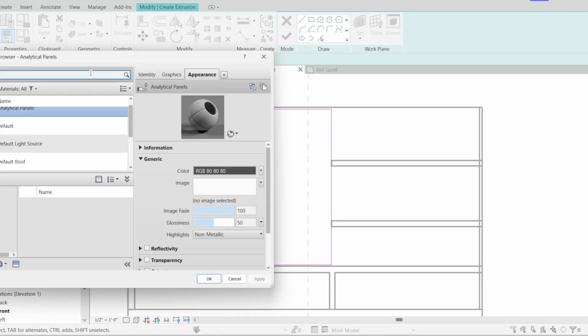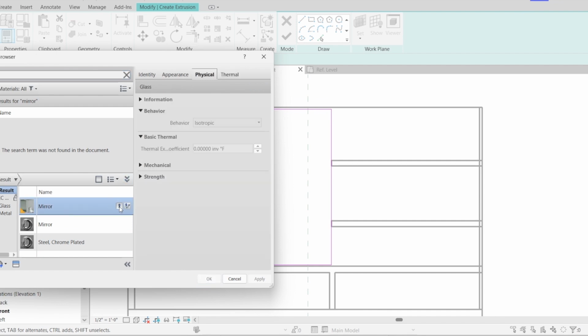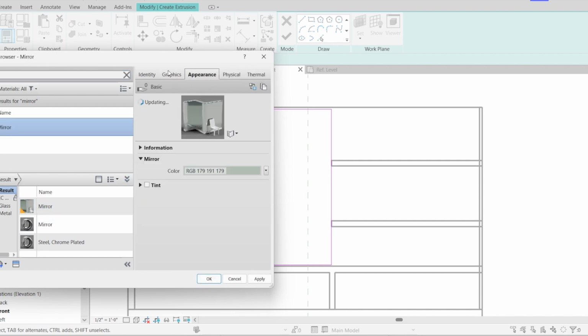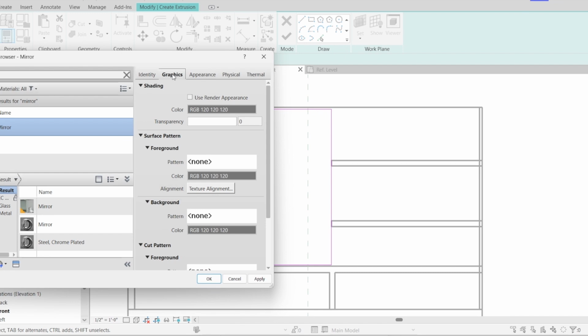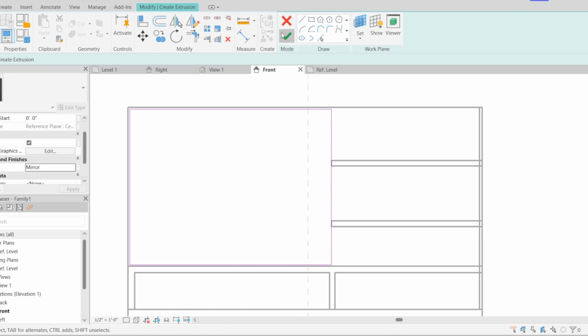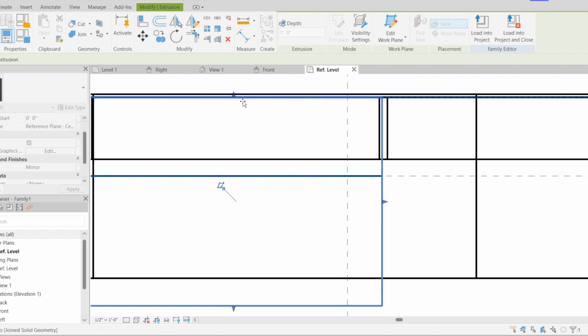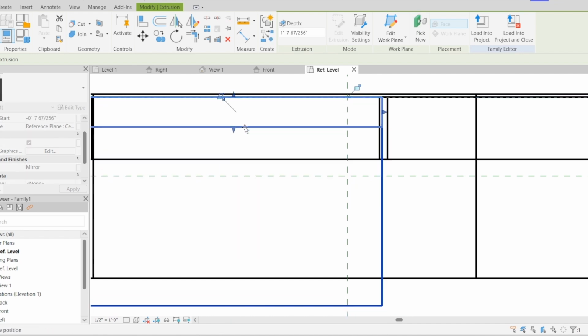Revit automatically comes with the mirror material, so I'm just typing in mirror, and as you can see here, there's different kinds. I just go with the first one, so click the arrow to load it in, and then as you can see, here's a little preview. It actually is reflective. So I'm gonna go to the graphics tab and click use render appearance, and then click apply and OK, and click the check mark, go back to the reference level, and drag that mirror all the way back, and of course make it thin